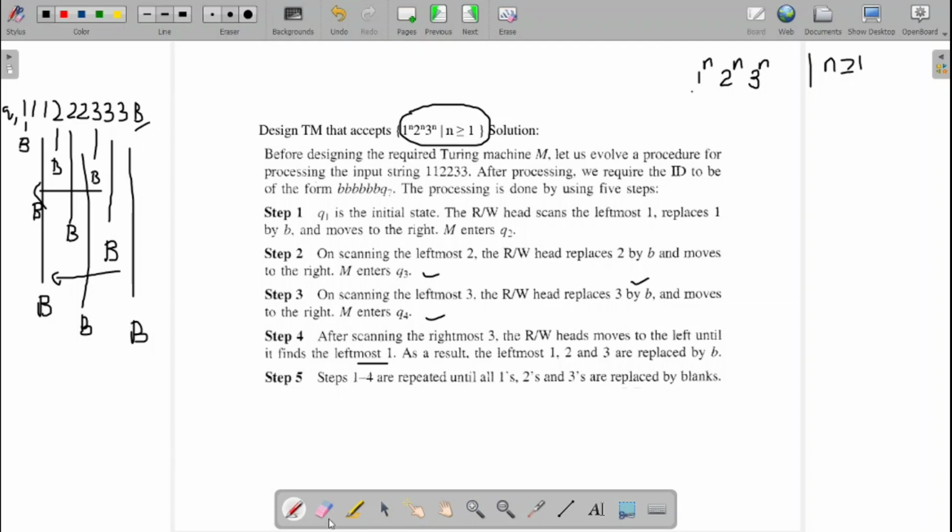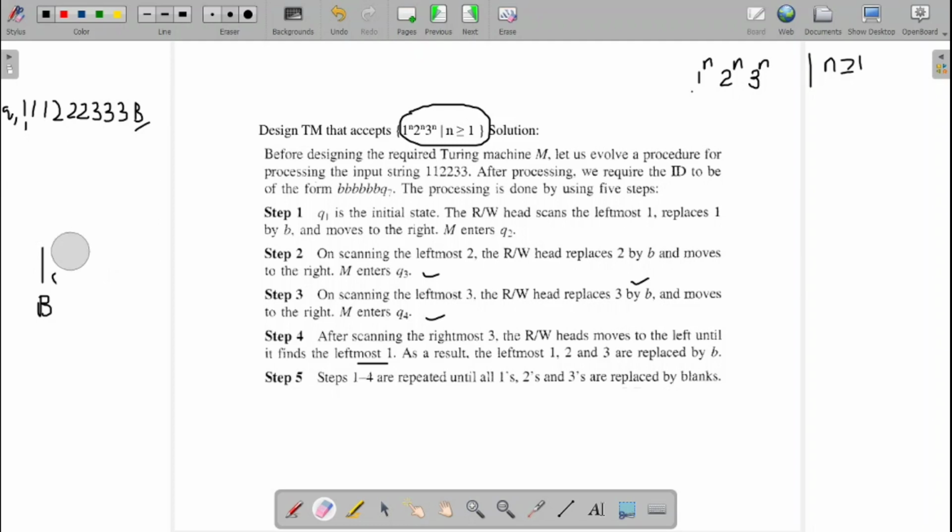Now let us consider it step by step. Let me start with the start state Q1. The first possibility is Q1 on 1. Q1 is my state, 1 is my input symbol. So Q1 on 1, I will change the state to Q2, indicating that I have just seen the 1, and I will replace it with a blank and I need to search for the 2.